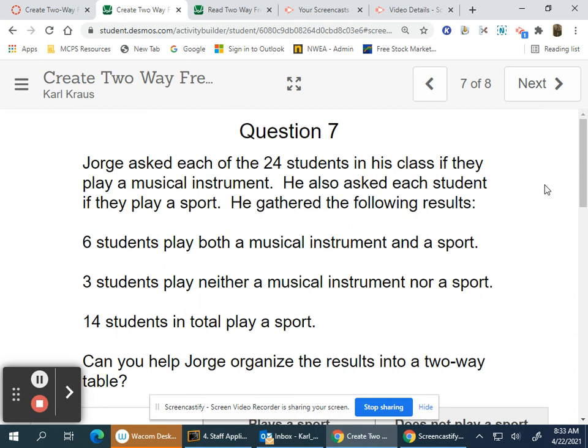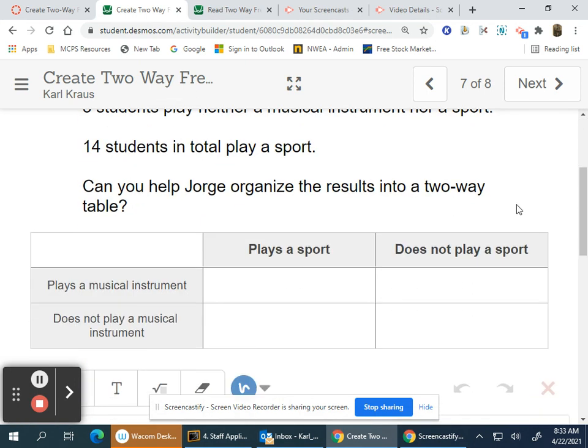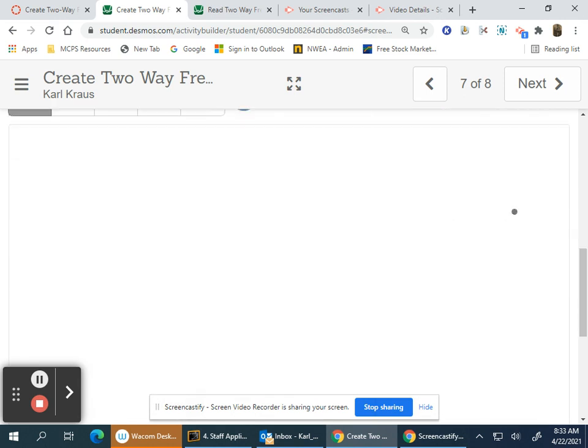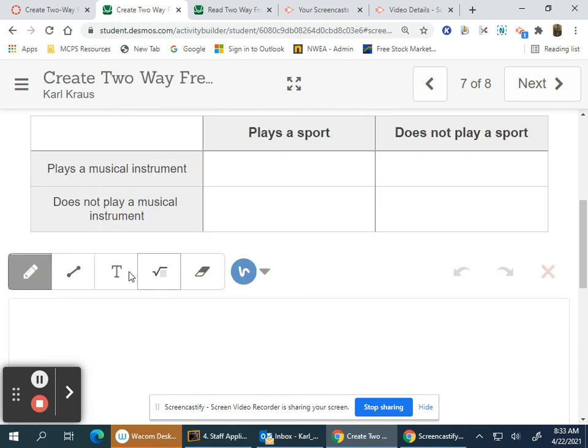Jorge, whichever way you want to say it, asked each of the 24 students in his class if they play a musical instrument. He also asked each student if they play a sport. He gathered the following results. 6 play both a musical instrument and a sport. So down here,